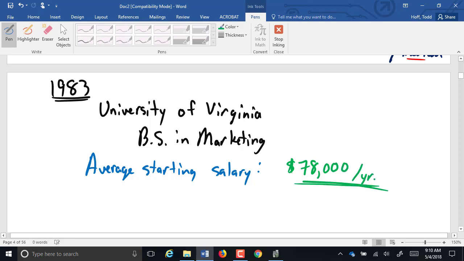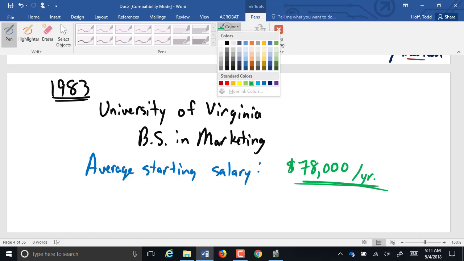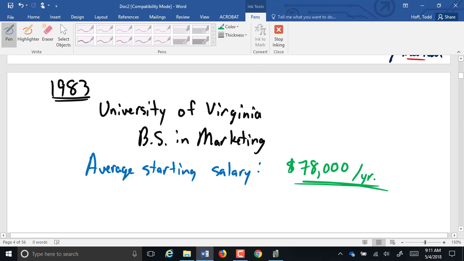Now, to put this in perspective, back in 1983, 1984, the average high school teacher was starting at $16,000 or $17,000 a year. So $78,000 a year was an incredible amount of money. $78,000 a year, I might be tempted to be gone tomorrow. Just saying. It's still a pretty good paycheck. What they failed to disclose